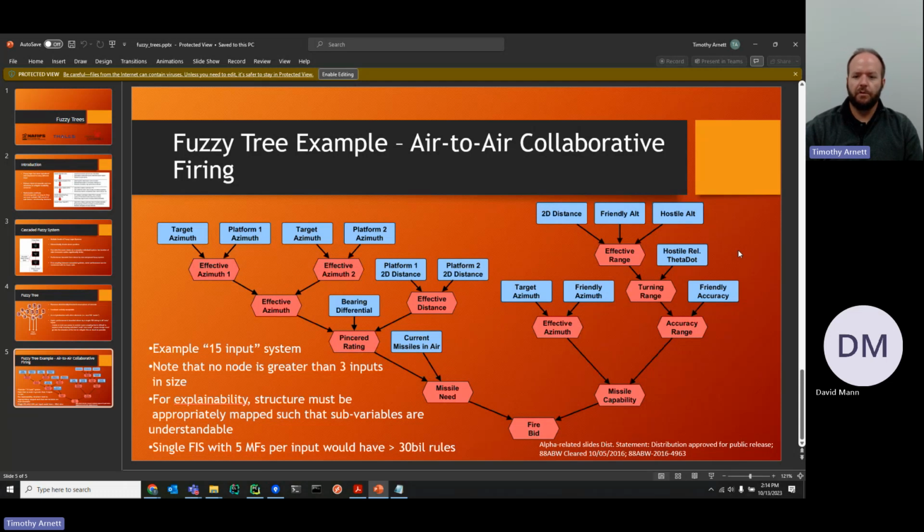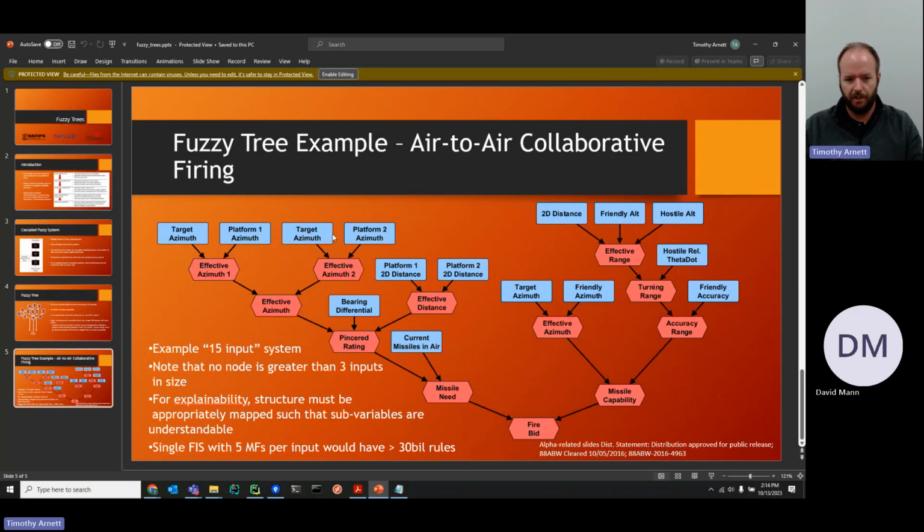And so being able to resolve these down into a fuzzy tree like this is very effective, because not all information is going to be relevant to all other information. You may have variables, like in this case, that are associated with each other, but not with anything else. And so you can group them together, combine those, pass those through a FIS, take the output from that FIS, and combine that with other information, and then keep going down to resolve that to a final action.